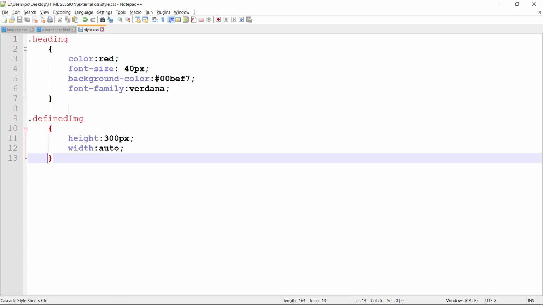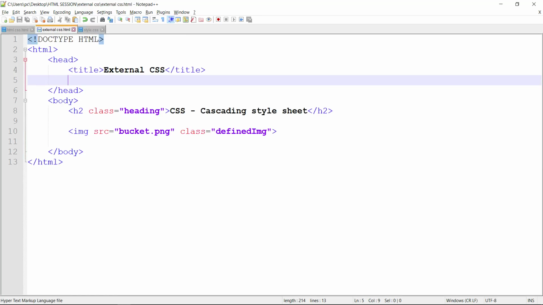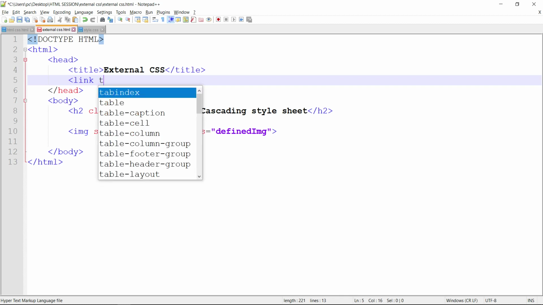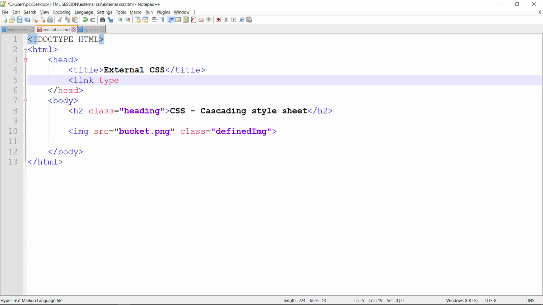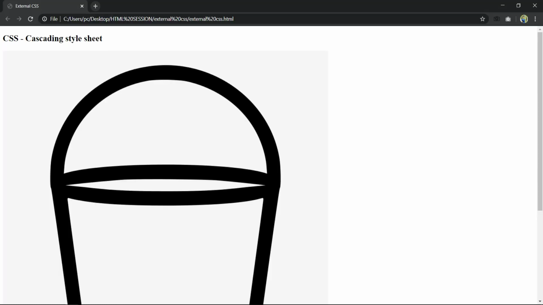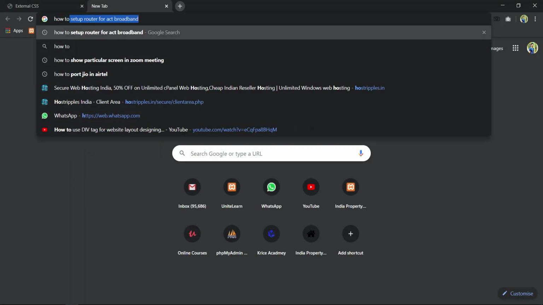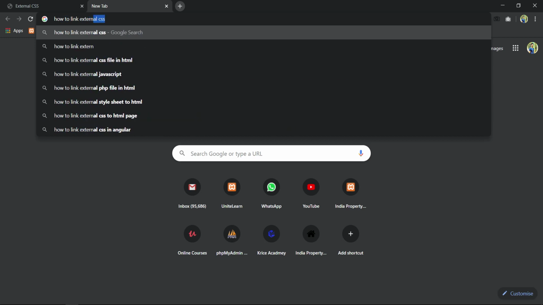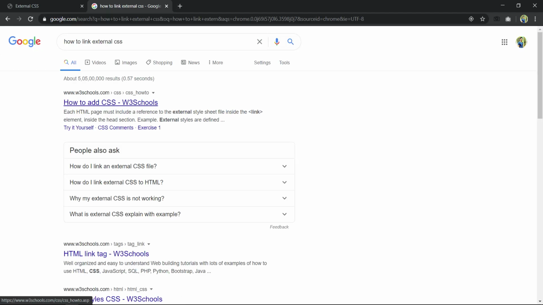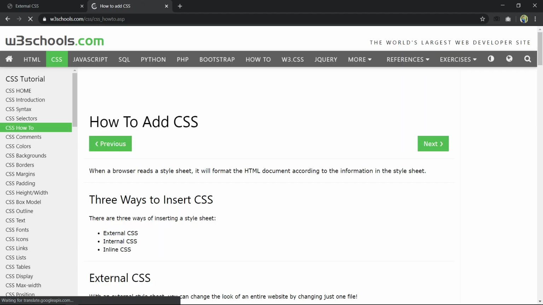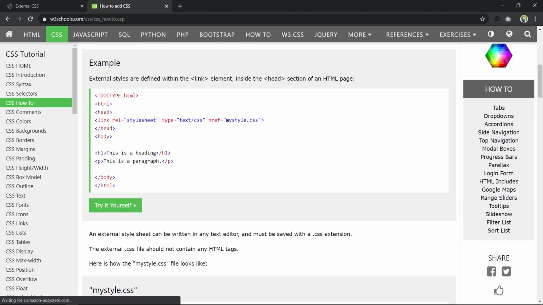So how to interlink? Within the head tag you have to type link. After link I think type is there, css. I think the best friend is Google, so you can Google how to link external CSS, right? Okay, so we got our example here.